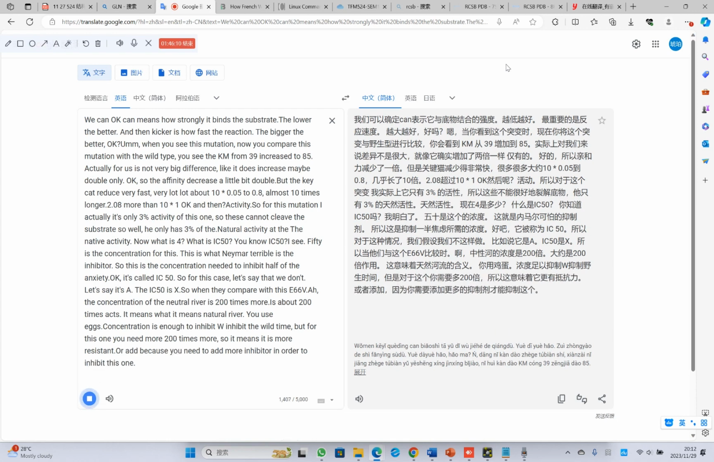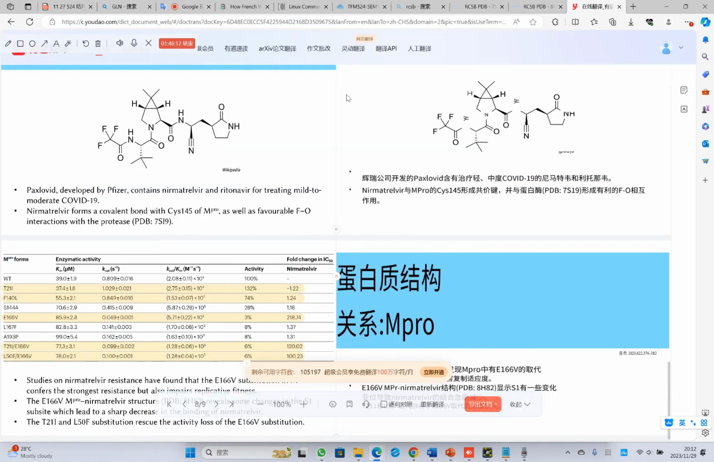So we know that the virus, it can mutate. It will lose its activity, only 3%, but it doesn't mean it lose all activity. It still can cleave, but at the same time, it's resistant to this one already. So maybe after some time, the drug will